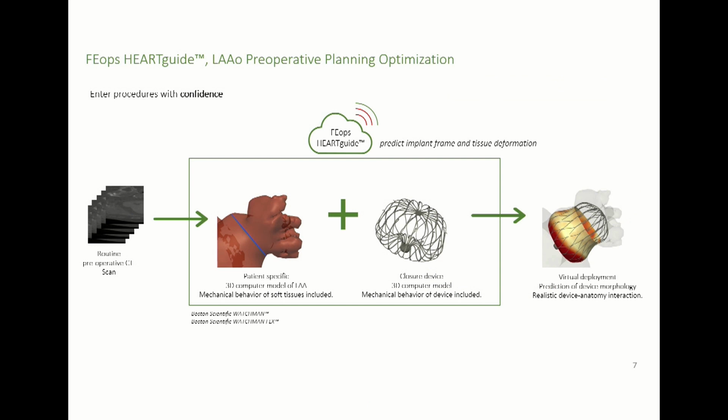Matching the 3D CT reconstruction with artificial intelligence,